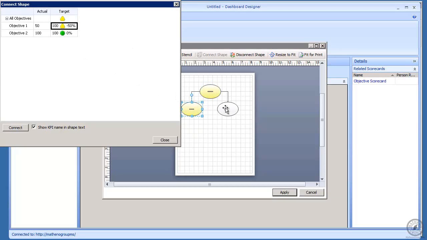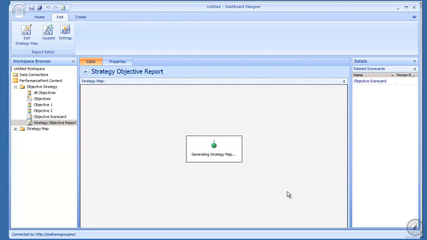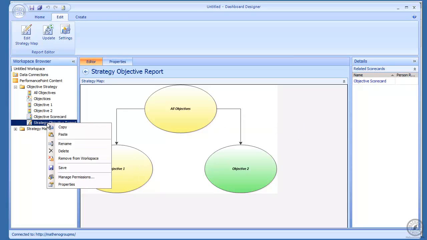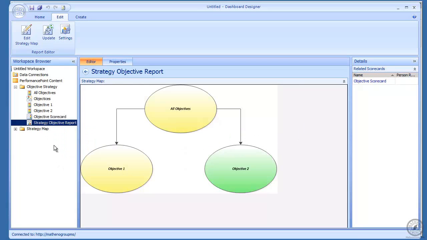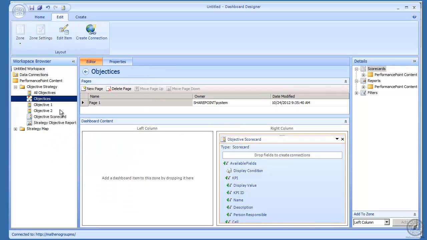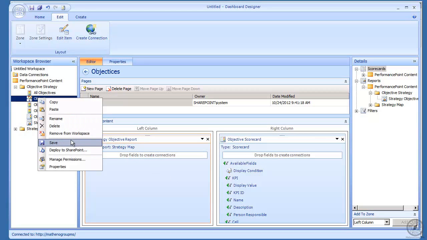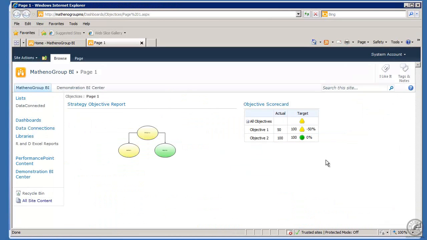If you can see, that turned yellow. And I'm going to take that shape and double-click it. Green, that's good. And I'll call close, and now I'm going to call apply, and there we go. We have a strategy map in here. Now we're going to come in and let's save it. Let's switch back over to our dashboard right here. We're going to take reports and expand out the strategy objective report, drop it, and now we're going to redeploy to SharePoint,